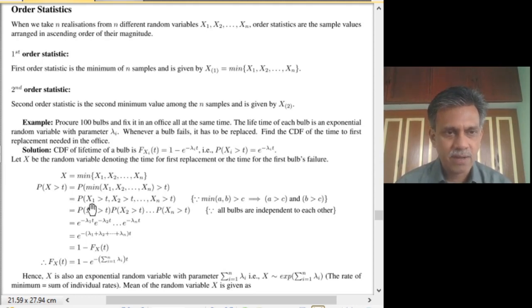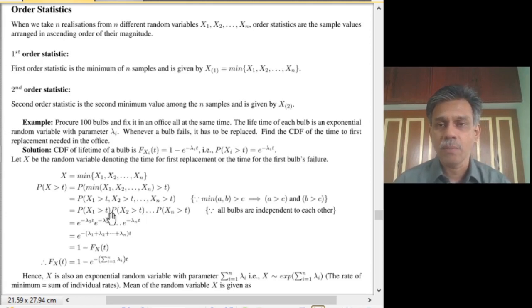So we can write it as: it boils down to n conditions, all of them have to be satisfied. That is, the probability that x1 greater than t, x2 greater than t, to xn greater than t. These are all conditions which are to be met, and they are independent of each other because the random variables are independent of each other. So the probability of the intersection of many events can be written as the product of their probabilities. So it is equivalent to the probability of x1 greater than t, x2 greater than t and so on,